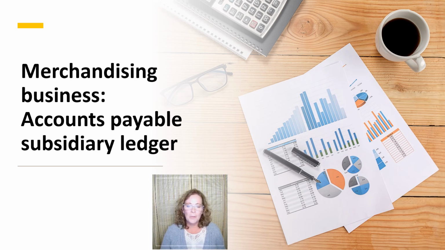In this video, I'll cover the accounting concept of the accounts payable subsidiary ledger. As a reminder, the accounts payable account is used by accountants to record all vendor purchases for goods and services purchased on credit. Every time we record a purchase, we debit purchases and freight in, if applicable, and credit accounts payable if the purchase is on credit.